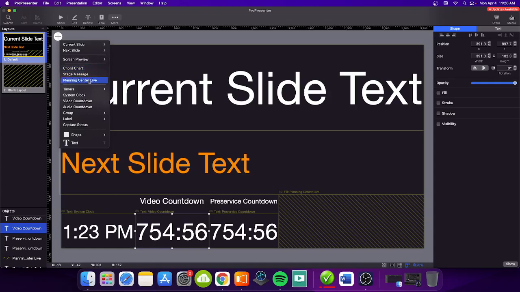I can put in Planning Center Live. I can put in timer. There's the timer. Like this is the pre-service countdown, system clock, video countdowns, audio countdowns. I can add groups. I can add labels, capture status, shape. I mean, I can add all